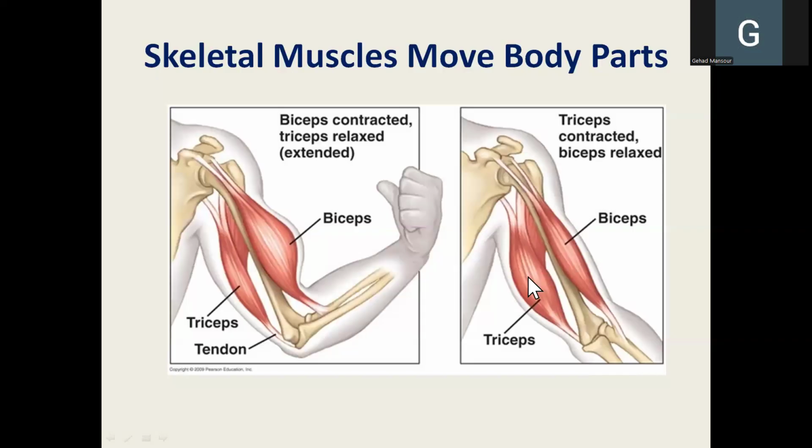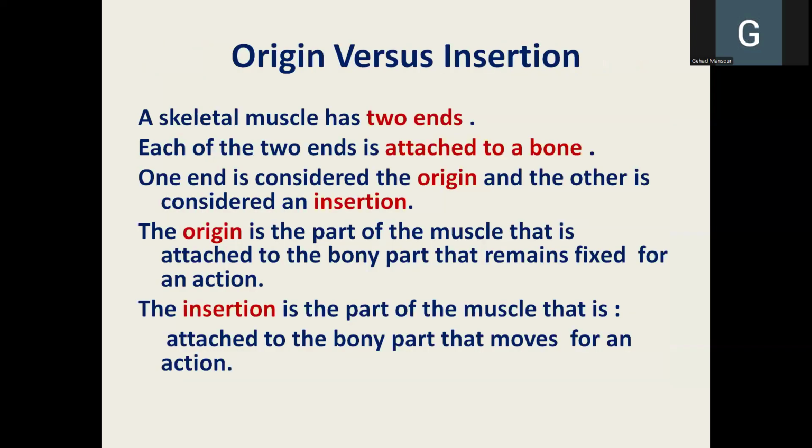But when the triceps receives a motor order to contract and extend the elbow joint, the biceps has to relax. So the presence of antagonistic muscles around a joint allows the joint to do multiple functions, but at the same time, those antagonistic muscles do not hinder each other. On the other hand, they coordinate together in order to allow smooth function.